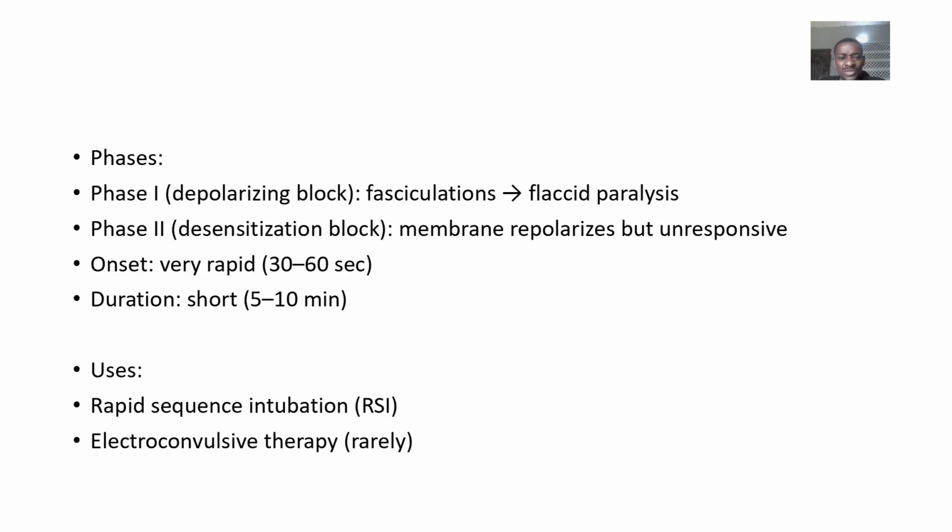So phase 1 is the depolarizing block, where fasciculation leads to flaccid paralysis. Then phase 2 we have the desensitization block. In this one, the nerve is no longer responding to any impulse. The use is basically for intubation. Maybe the patient is unconscious, so they want to relax the respiratory tract so that they can basically be able